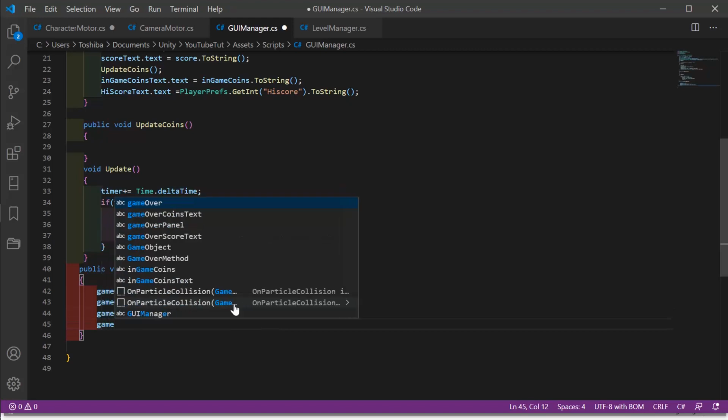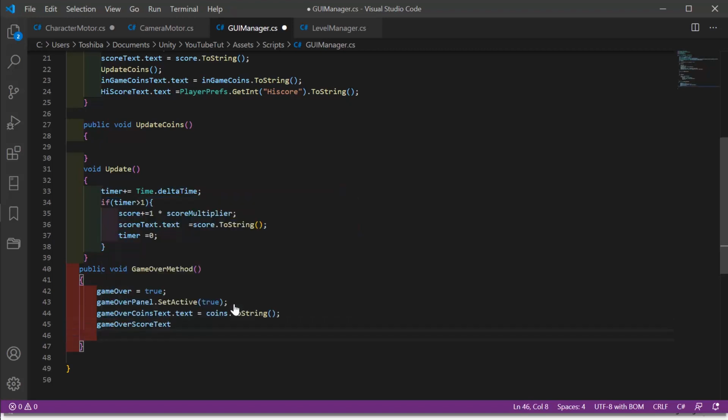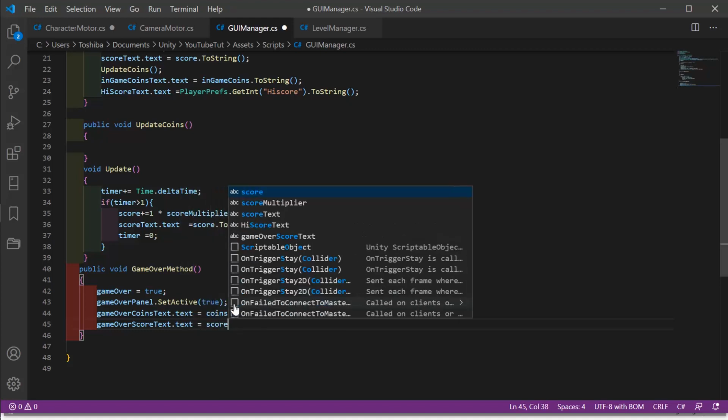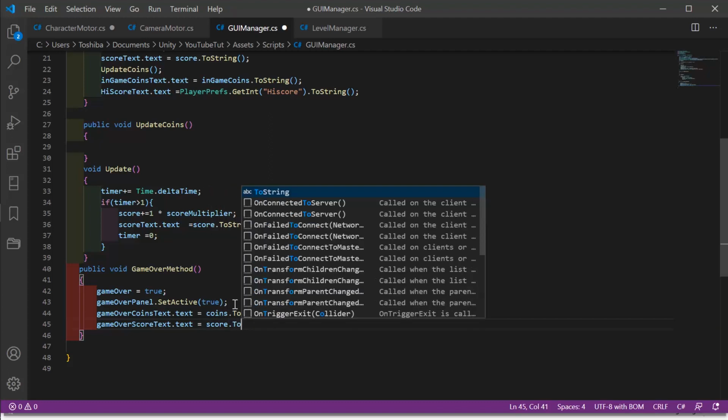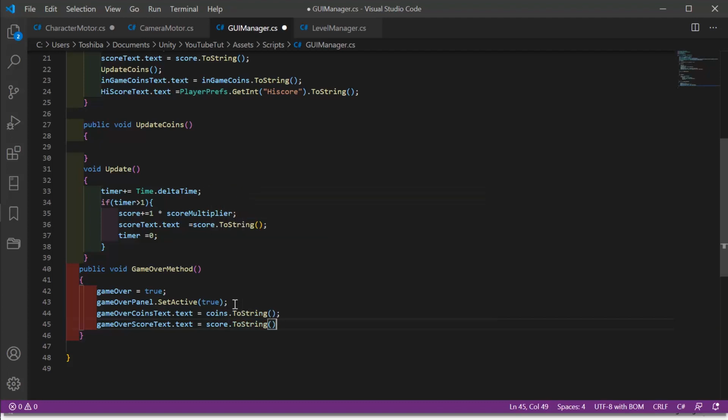Now gameOver score text dot text is equals to score dot to string. Then we'll now say if